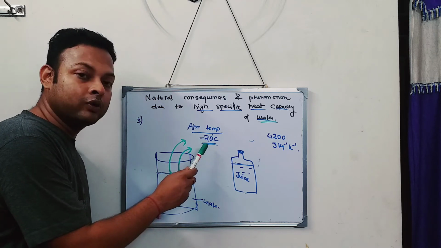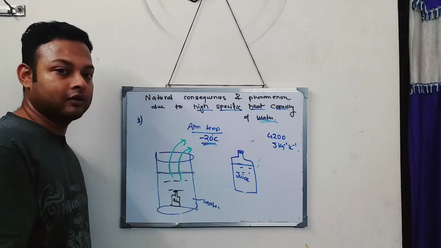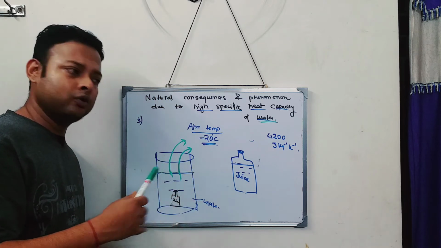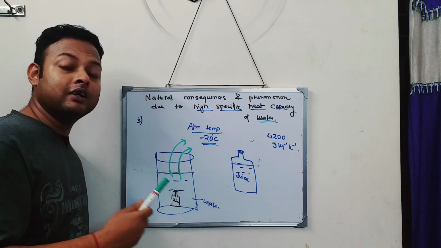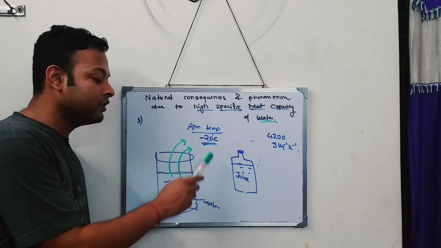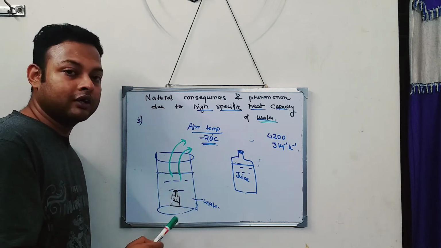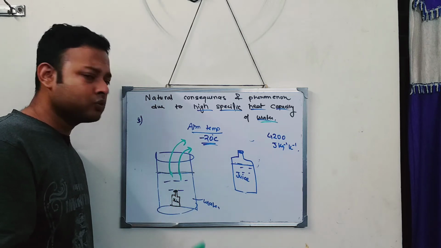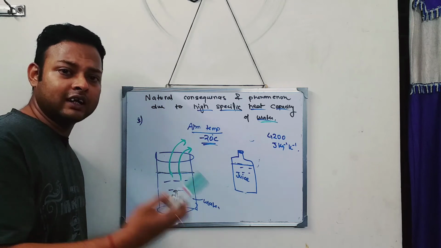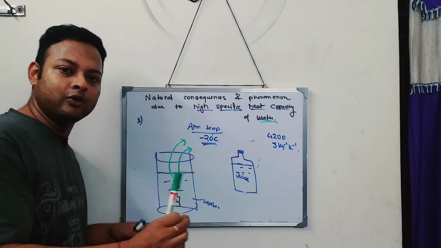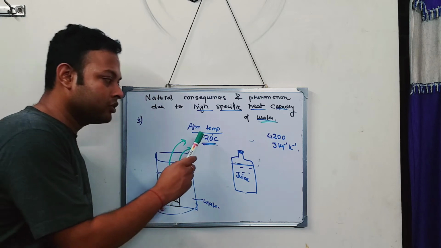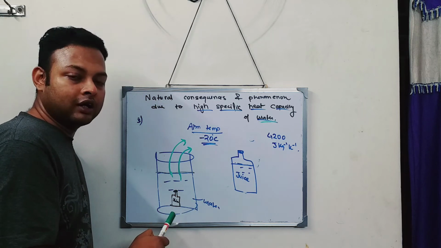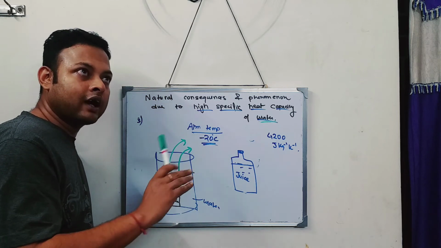Now the atmosphere will try to take all the heat from the water, and the water says, okay, you can take the heat from me, but the water is giving a lot of heat. So the atmosphere is taking the heat from the water, but this process takes a long time, because water is giving a lot of heat, and to take that large amount of heat, it will require some time. So the atmosphere, which is at -20 degrees centigrade, will consume a lot of heat from the water, and that will take a long time.